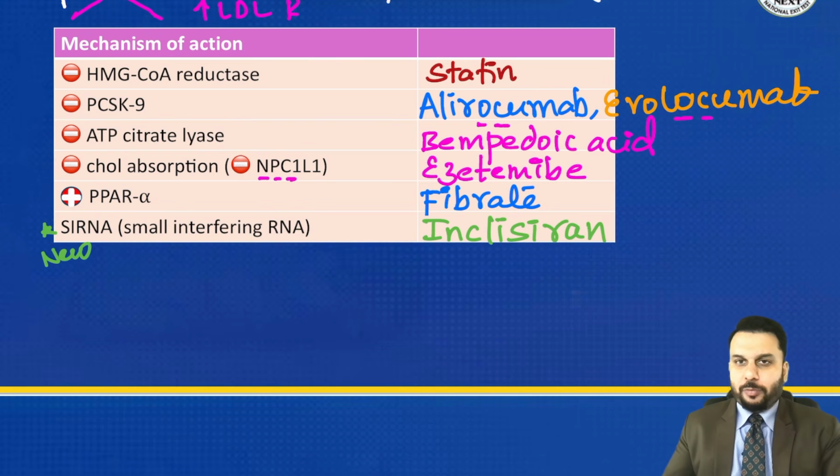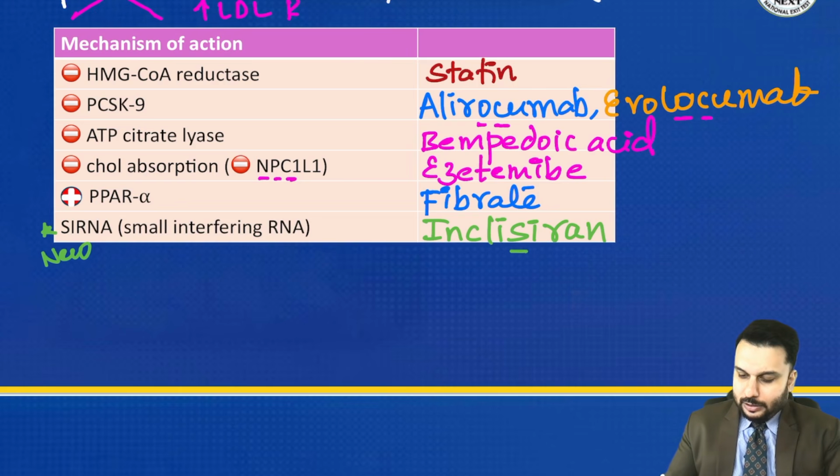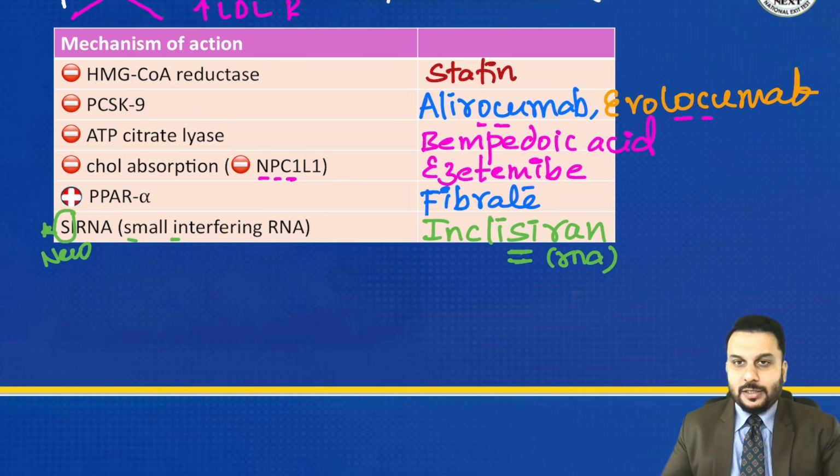Okay, now if you pay attention here, SI means small interfering, that is the word. RNA is kind of jumbled up here. This is the word RNA, 3 letters for you right there. So an siRNA drug is having siRNA in the ending, right? That's how you can recognize this drug.